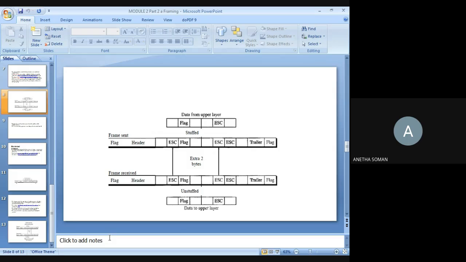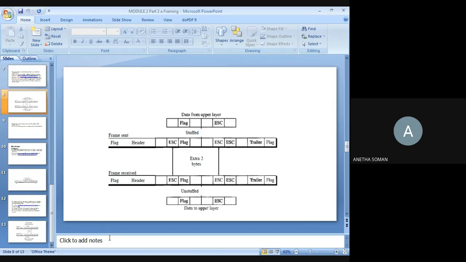Now, what happens if the escape character itself comes in the data? What does the receiver think? The receiver thinks maybe the next byte will be a flag field. So, in order to solve that problem, you insert one more escape character, which is part of the text. So the receiver does not think that the next byte is a flag field.